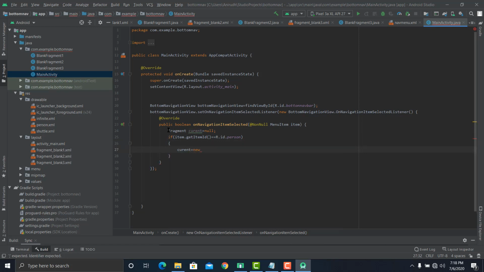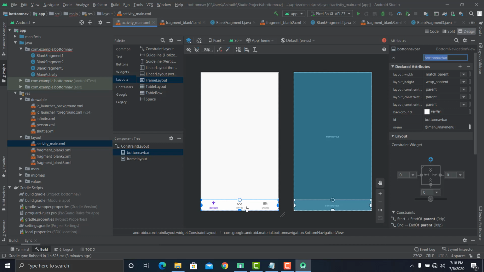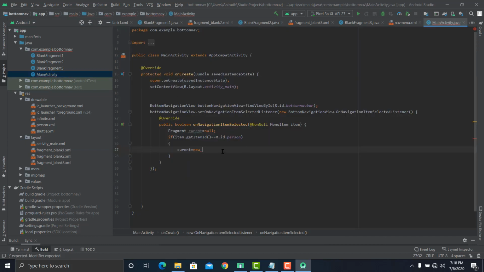Okay, so we need our activity main. First is a person, second is infinite, third is shuttle. First is person, so we do that first: new person. First is person, so we get blank fragment 1.